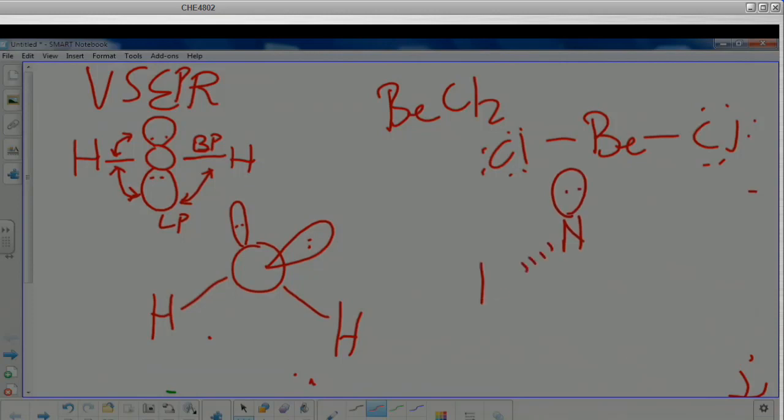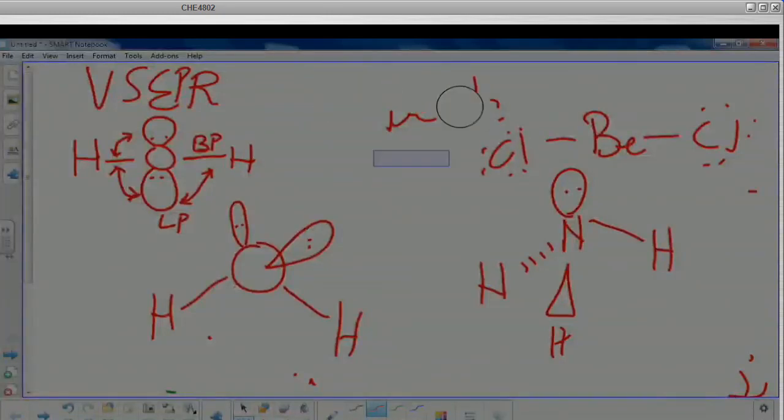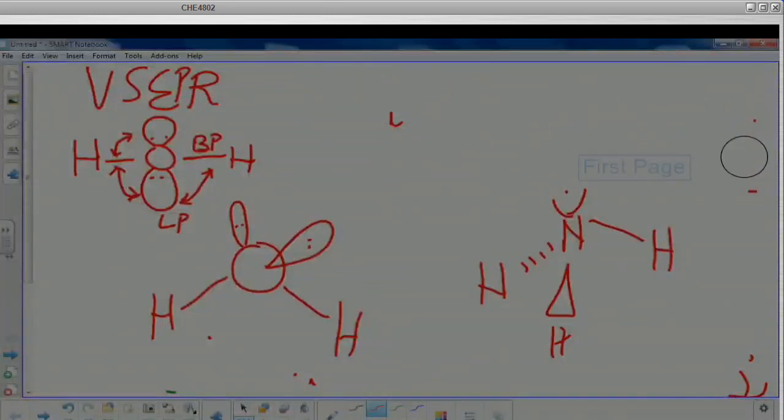You come to ammonia, NH3. Because of the lone pair electrons here, one hydrogen goes there, the other one towards you, and the other hydrogen on the opposite side. Like if you take your three fingers, the thumb, the pointing finger, and so on, and point them down, the lone pair will be like your arm. That way.